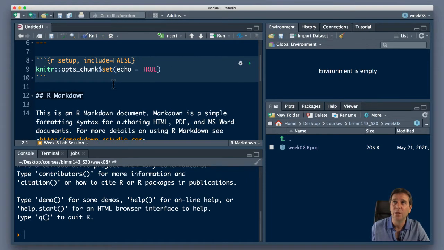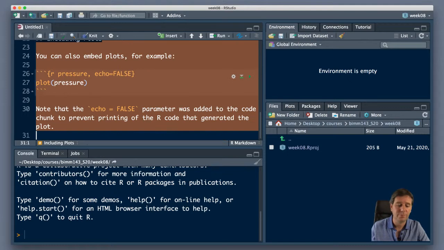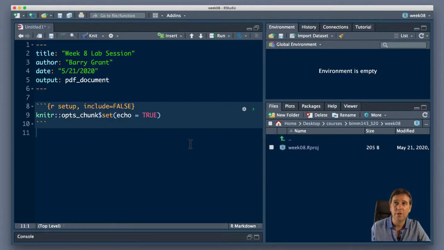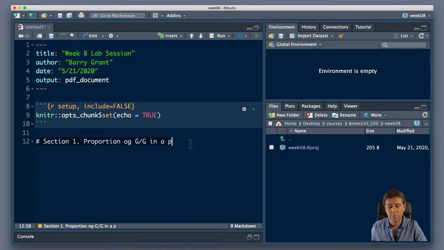I'm just going to delete all that stuff from here, and I'll give myself some room to work. I'll say section 1, okay, so I'm given some